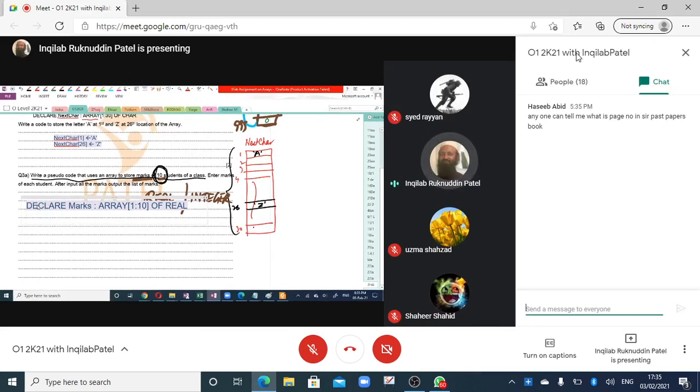So as we know the number of repetition, we use a loop. For count, we may use count, we may use index. For count equals 1 to 10 or for index equals 1 to 10. If you are using for index equals 1 to 10, it will be more appropriate because these counters are known as index. For index equals 1 to 10, then you will input marks, and in square bracket you will write down index. Next index.